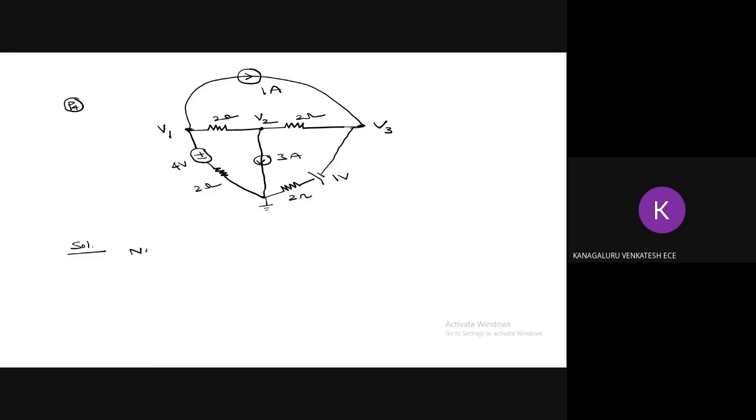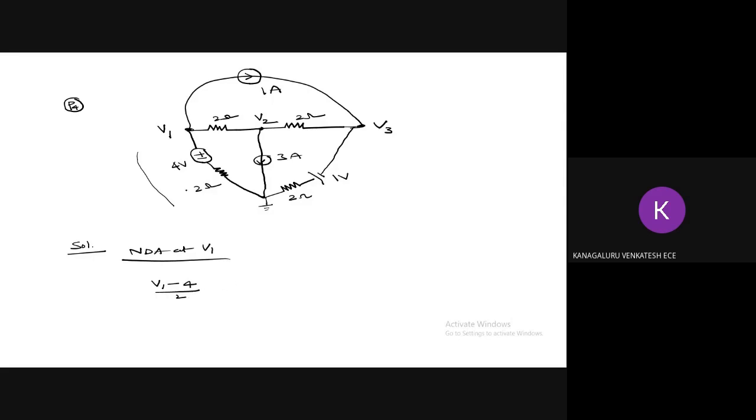So nodal analysis at V1. So what do I get? See here, simple. In nodal analysis, every term represents current. So how many branches are connected to V1? This is one. Then the 1 ampere source branch is connected. And to the right hand side, a 2 ohm with node voltage V2 is connected. So I'm going to write the current equation for every branch. Let us start from this. A positive 4 volts positive terminal is connected to V1. I should write V1 minus 4 divided by 2.